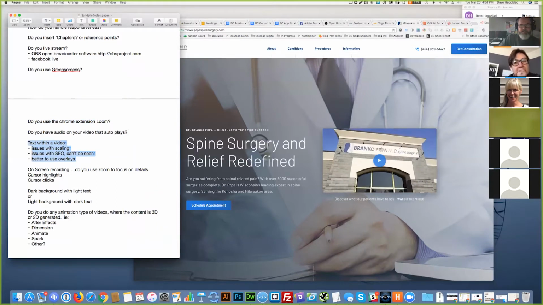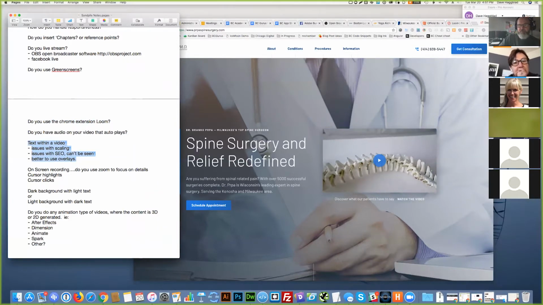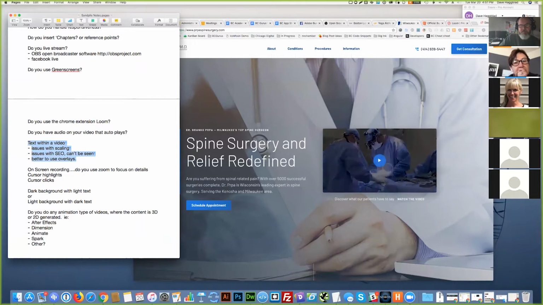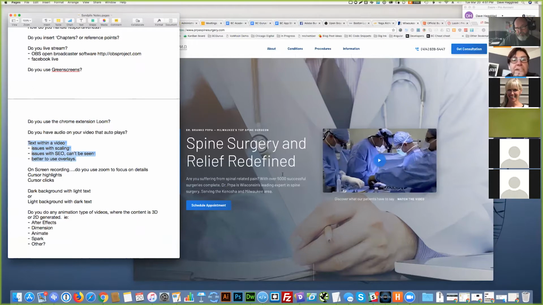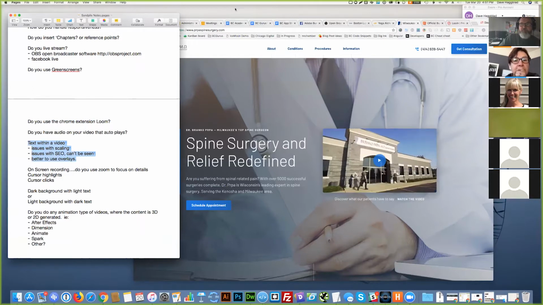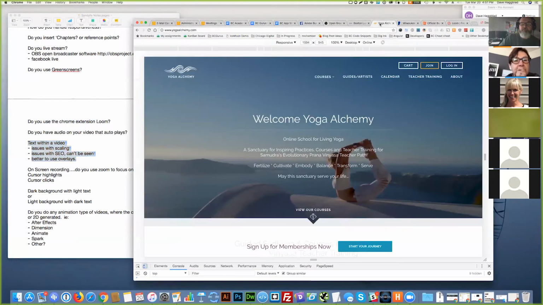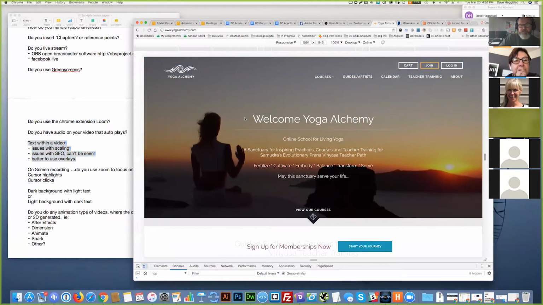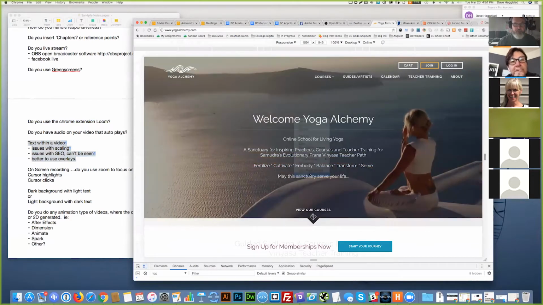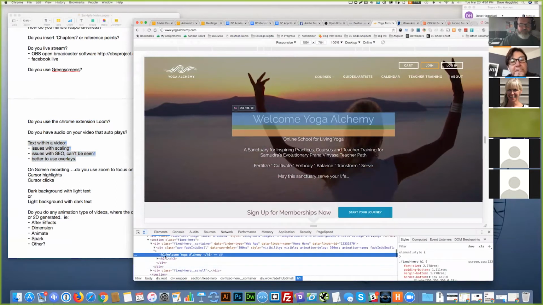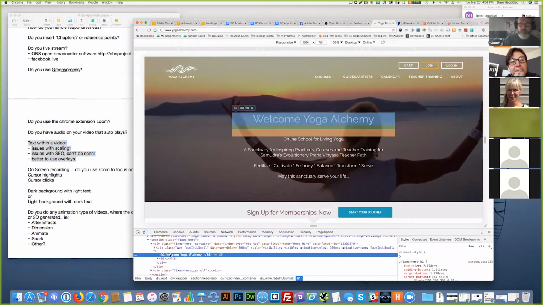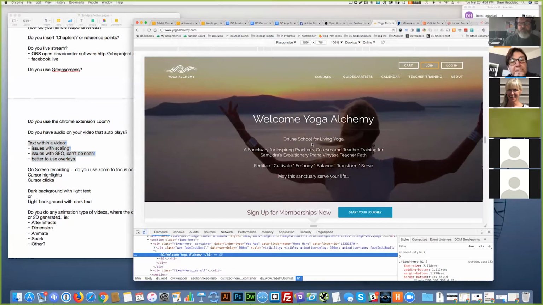All right. Does anybody put text within the video? And I don't mean as an overlay, I mean within the video. I don't know if these guys are doing it or not. So this is an overlay, I believe. Let me just check that. Yeah, so you can see that's an overlay. So it's screen readable or searchable,